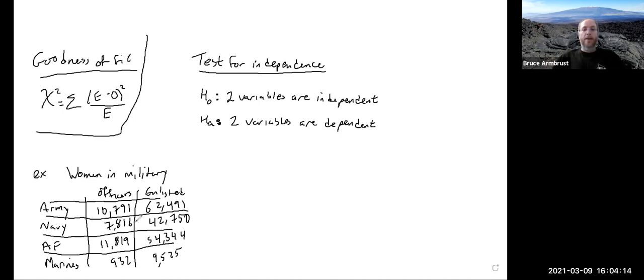All right, so we don't have a distribution we're trying to fit to, so it's not goodness of fit. But we are looking to see, is officer versus enlisted dependent upon which branch you're in? Okay, so it's a very different kind of question, and yet we're still going to use the goodness of fit chi-squared idea, and in fact, our chi-squared is still going to be the same,